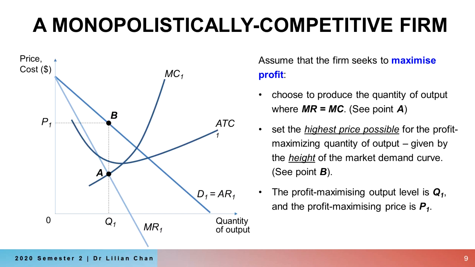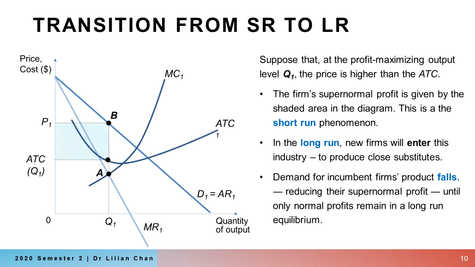So a profit maximizing firm would want to produce where MR equals MC, that's given by point A. So it indicates that the profit maximizing output level is Q1, and the profit maximizing price would be P1, indicated by point B on the demand curve. Right, so when this happens, you can see that the average total cost of producing this output level Q1 is below the price, and therefore this firm would be able to get supernormal profit. Now this supernormal profit,